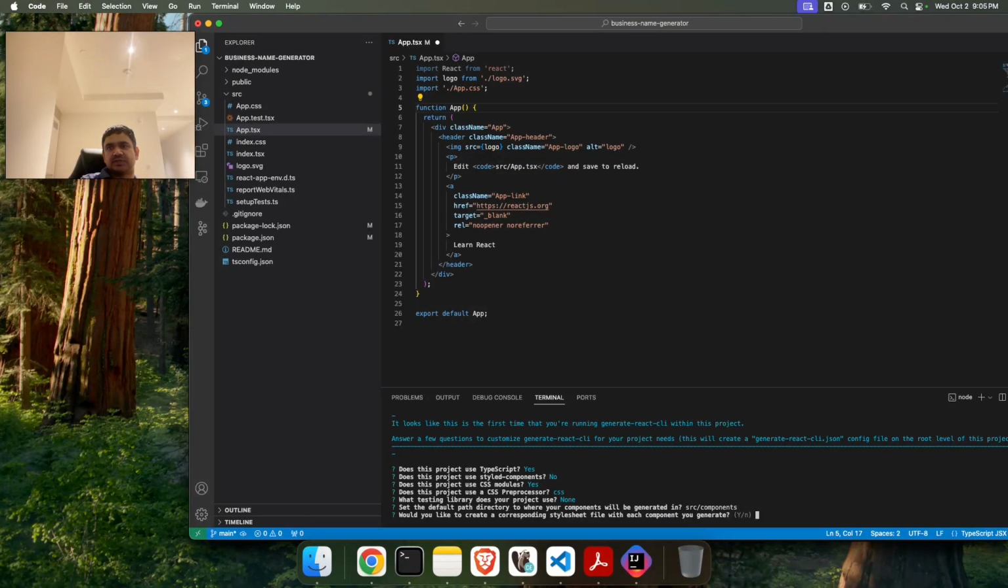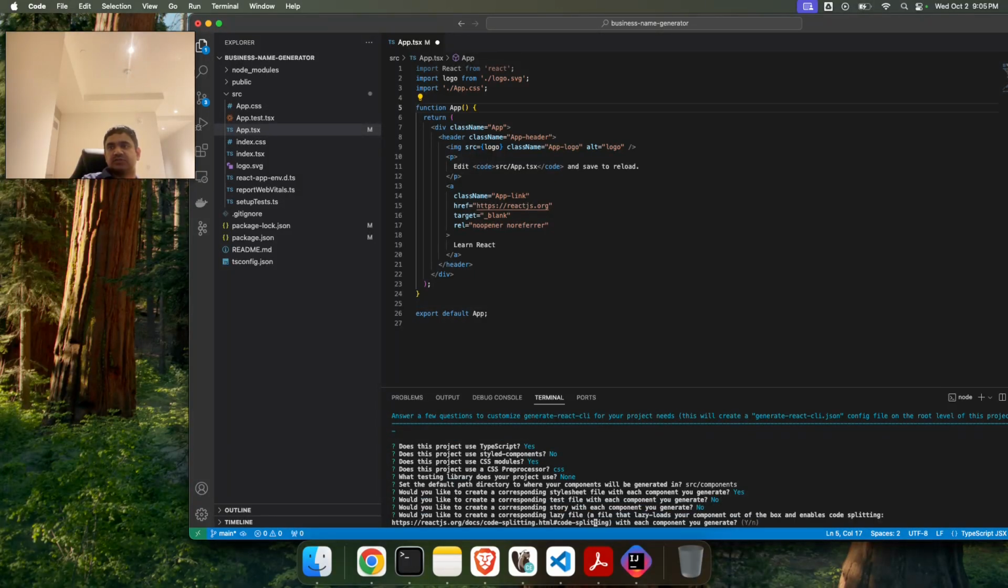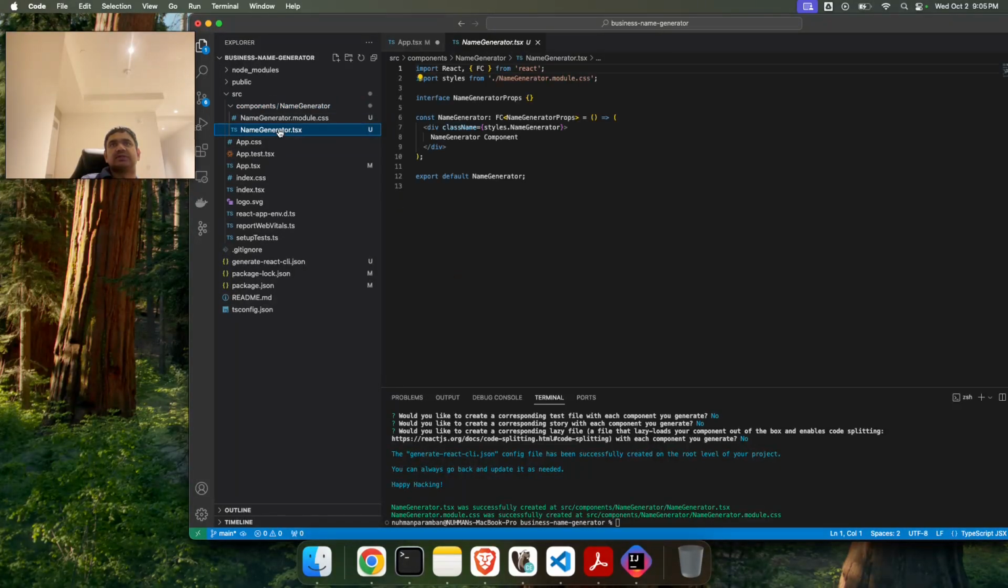Do you like to create a corresponding station? Yes. Do you like to create a corresponding test file? No. I don't need any stories. I don't need any lazy files. And I don't even know what lazy files are. So here